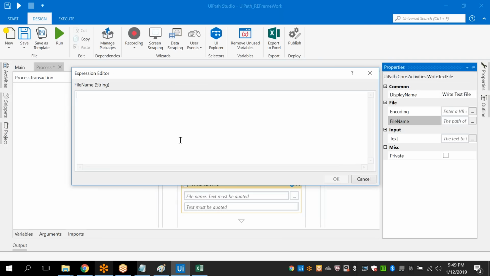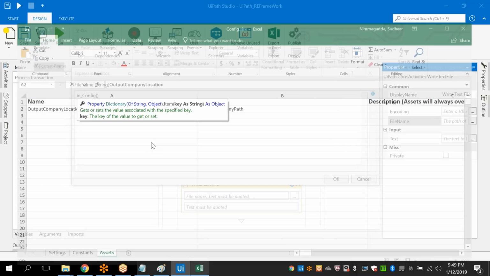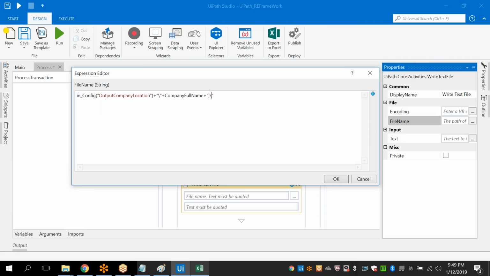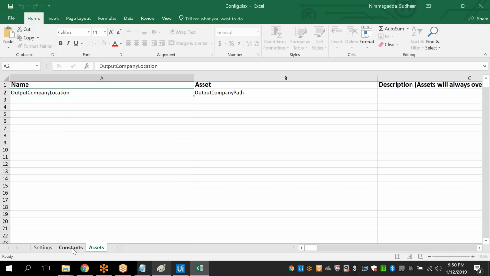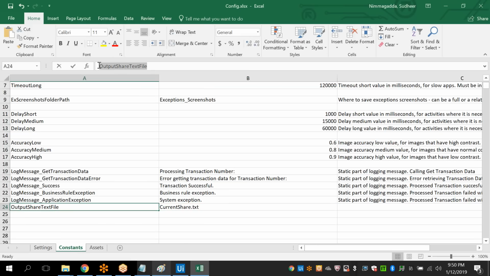So how can we get it? In config of the output folder name, this is the path of the output folder, plus slash, plus company full name, plus slash. Okay, so what is the name of the text file? The name of the text file is a constant, right? So current share or info, give the info, anything. Okay, so this is the name of the